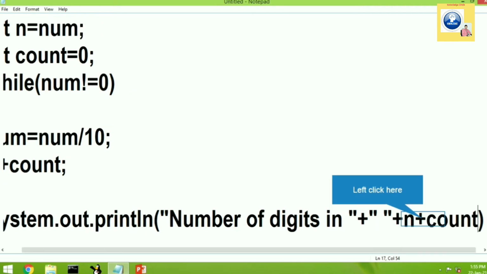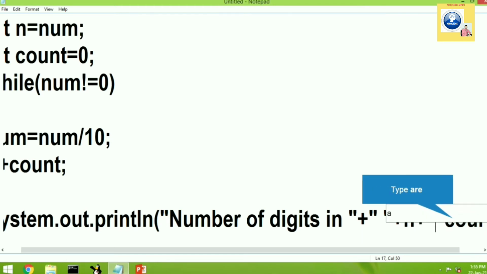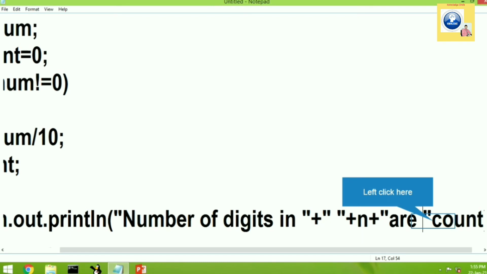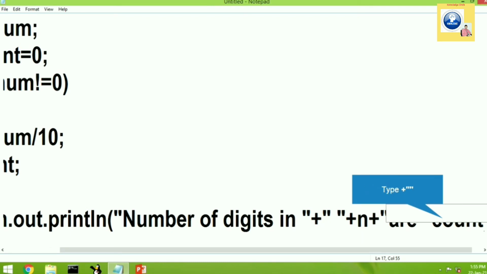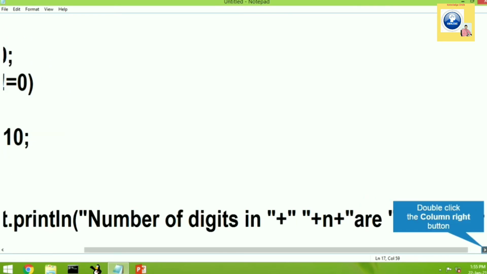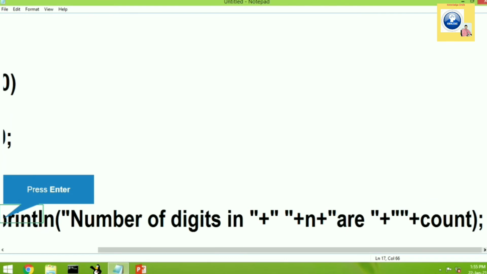Let's give a space, then write the value of the number that is stored in n, and then where the number of digits is stored. The number of digits is stored in the count variable. So after putting the concatenation sign, again count. After giving this message we are going to put a semicolon.